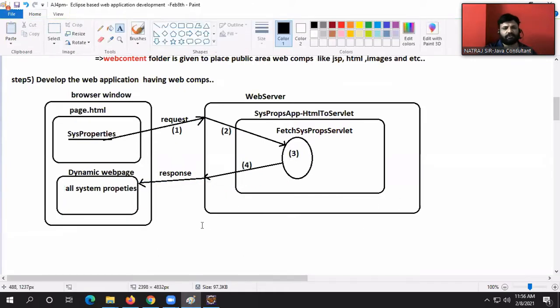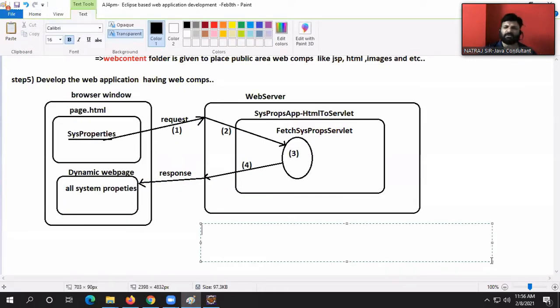Now listen carefully. We have a direct method doing that work. What is that, you know? Properties props. I think you know Properties is a subclass of java.util.Hashtable. It is a map collection, which allows only strings as keys and only strings as values, right?